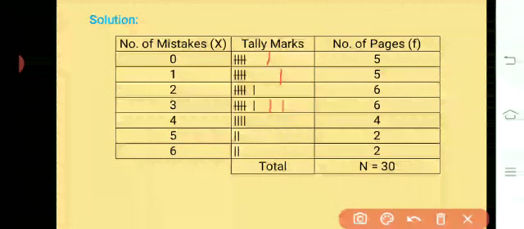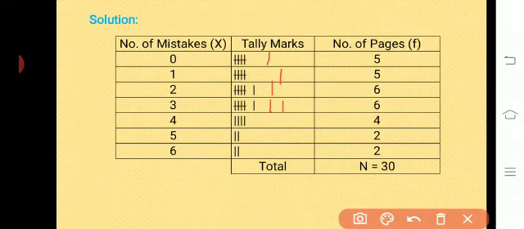Next observation is 2, so in front of 2 one tally mark. Next observation is 5, so in front of 5 one tally mark. Next observation is 6, so in front of 6 one tally mark, and so on. This procedure we have to continue until all observations are completed. And then we have to count the number of tallies in front of those values and write